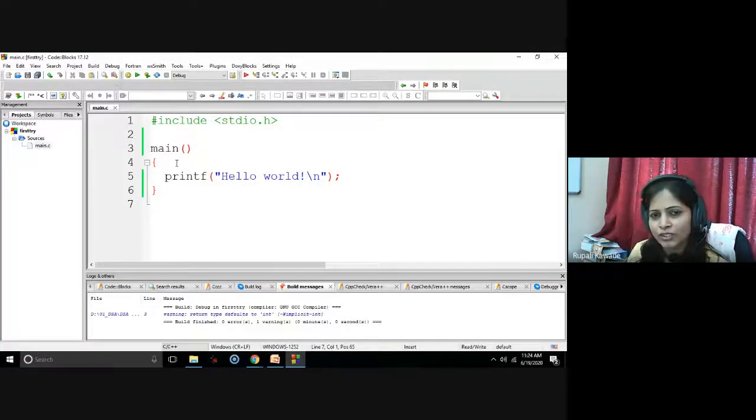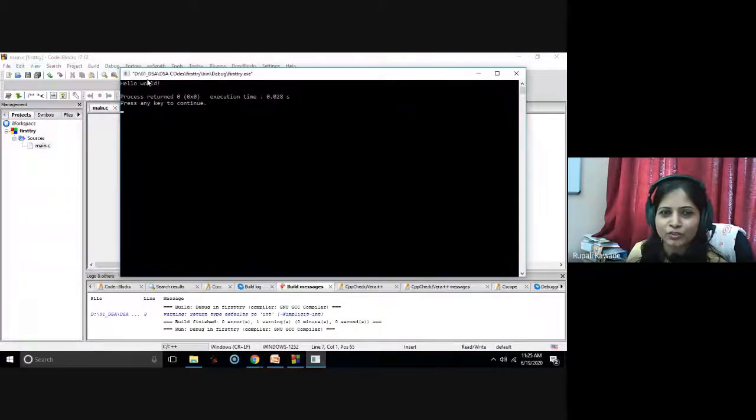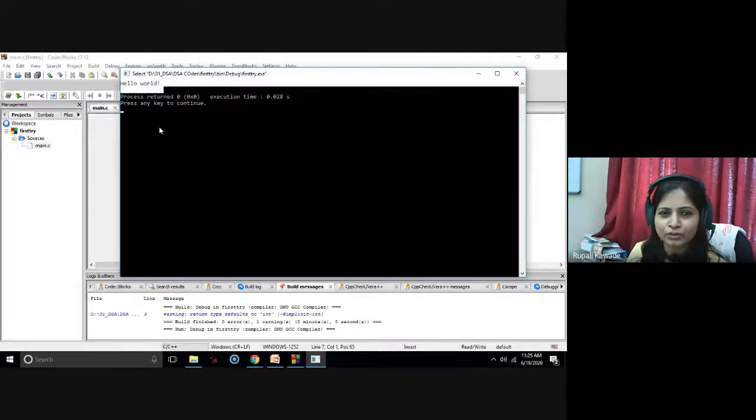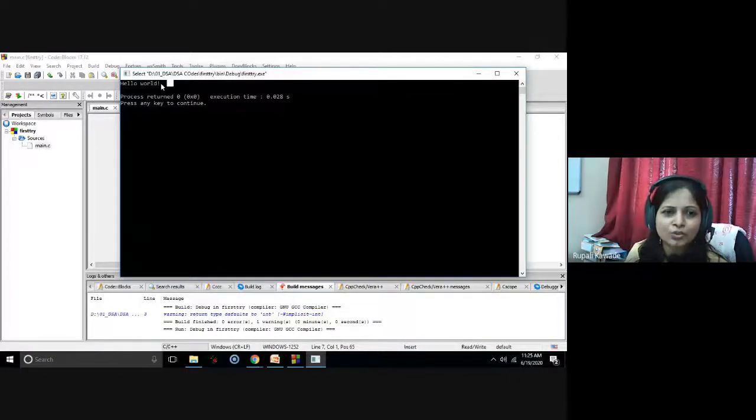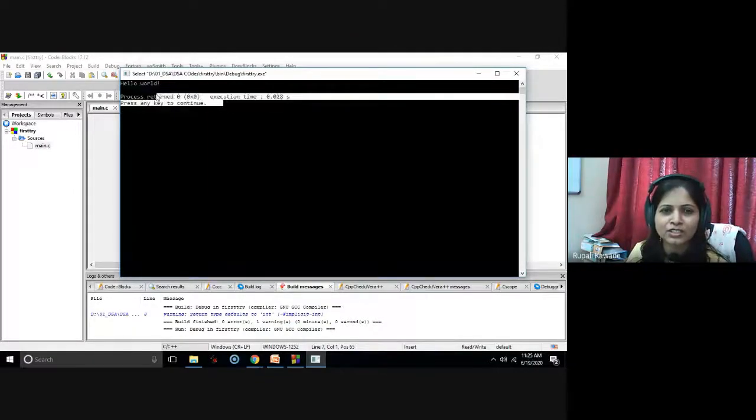Okay. So what is the next line after the header file? Int main, right? So int and main, two words are there, and after that there are round brackets.